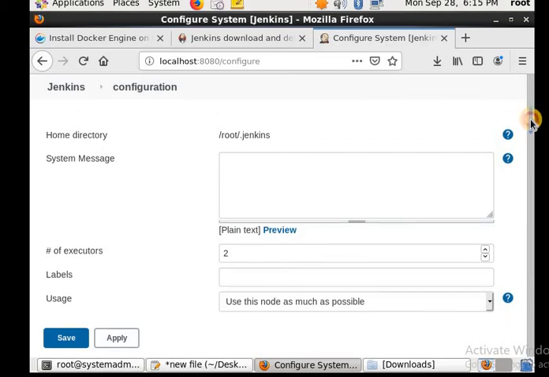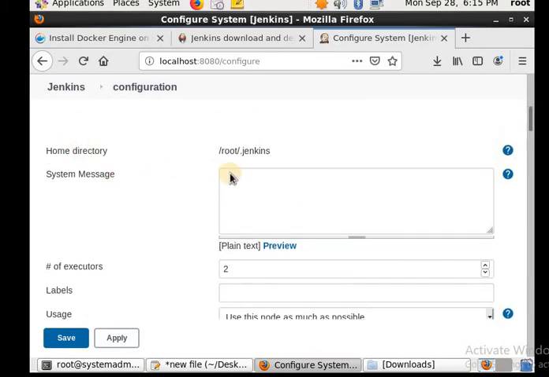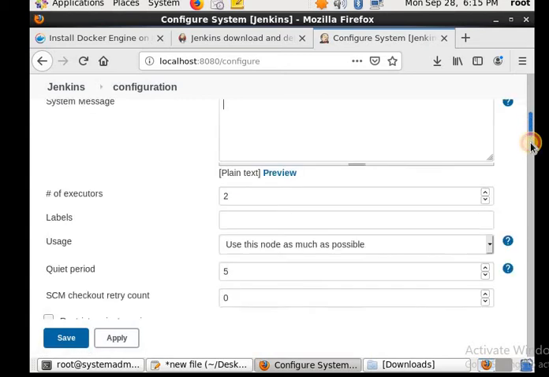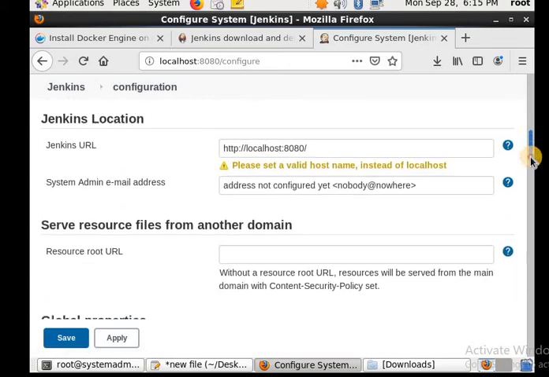You see, this is the home directory for this Jenkins. Jenkins is installed under the root user, and the home directory is a hidden directory, .jenkins. A dot placed in front of a file means it is hidden. And this is the system message; if you want to give some message, it will appear here. The rest of the part we will discuss in the upcoming lectures.